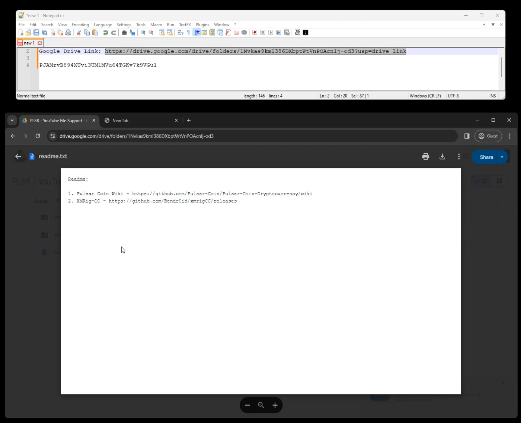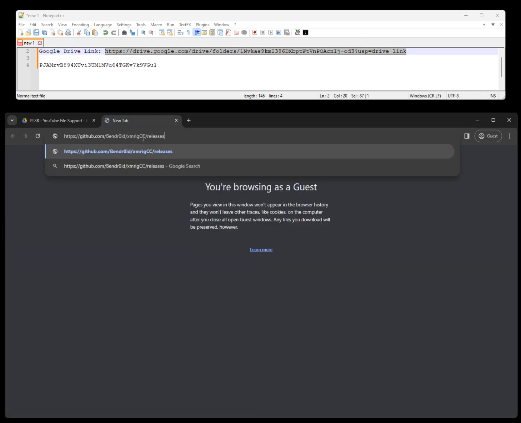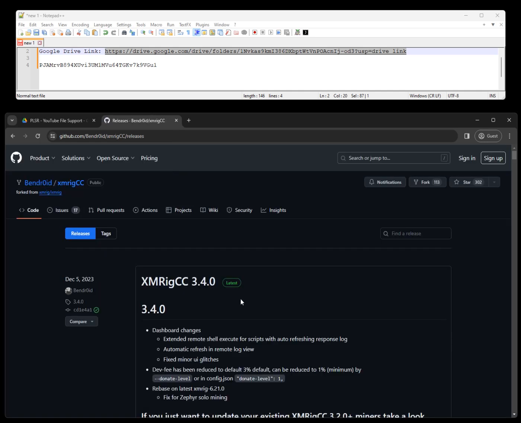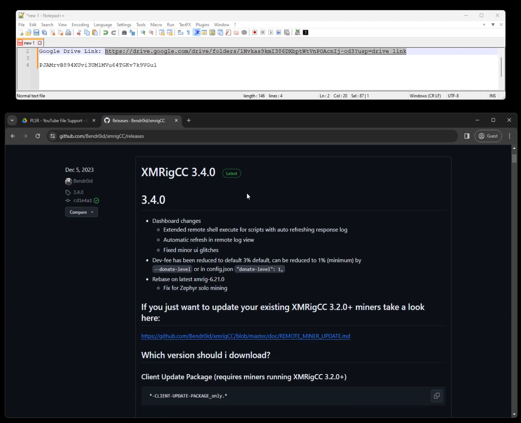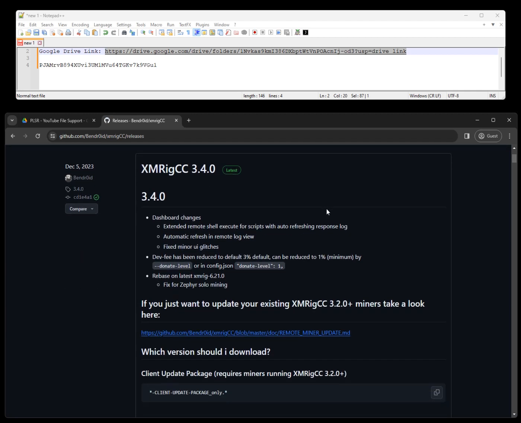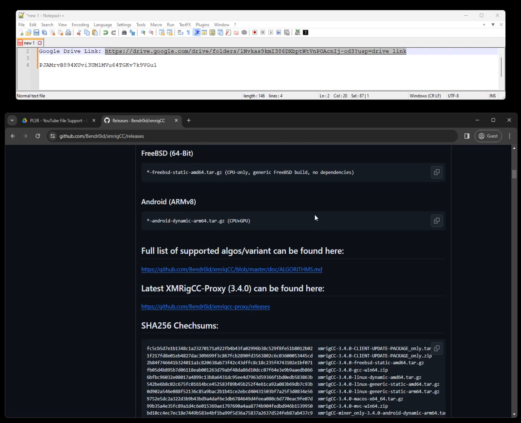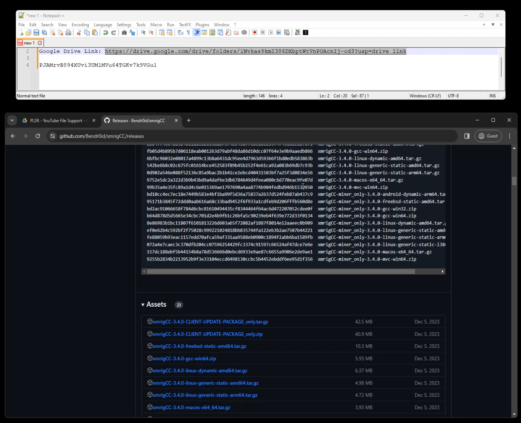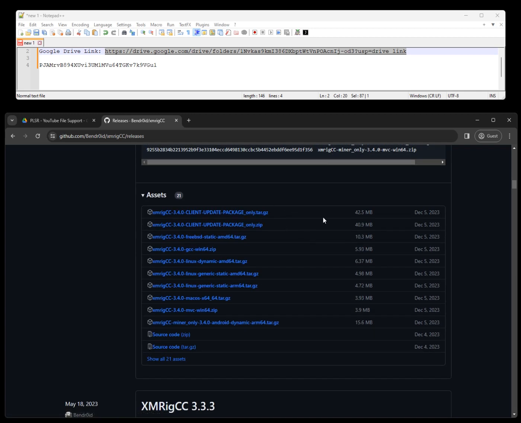So we're going to be using a software called XMRig-CC. So we're going to go ahead and just copy the link to that right here, making sure that you use something that's official, or at least something that I've personally tested and I personally use. So the current version of it is 3.40, and I am using Windows 11 for my particular machine here. So what I want to download is 3.40, and I am looking for the Win64 right here. I'll go ahead and get that,